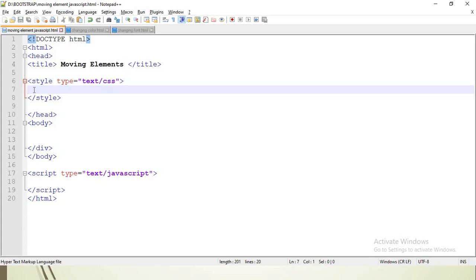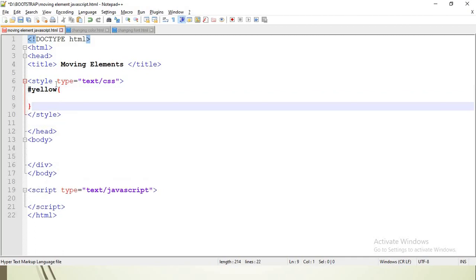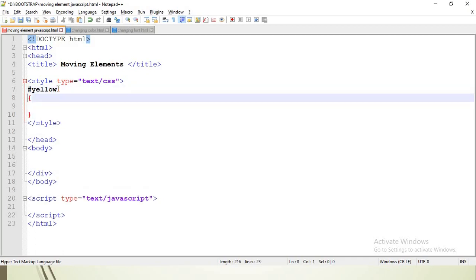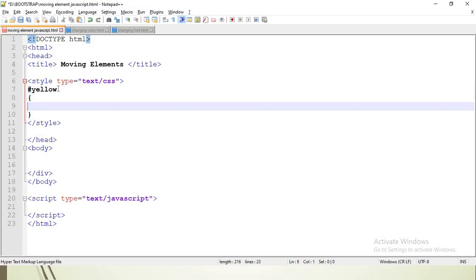Here I make use of the ID selector, and the selector name is yellow. Display is block. Because I want that yellow block to be placed in the middle of the web page, I make use of the statement display block.